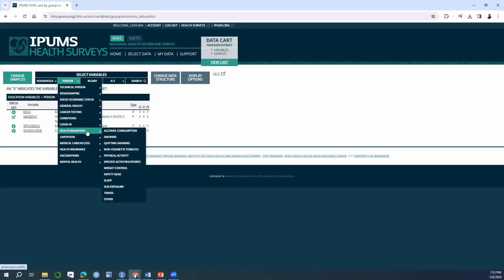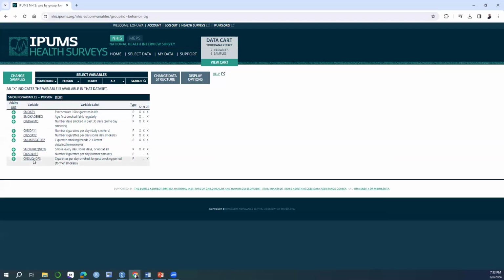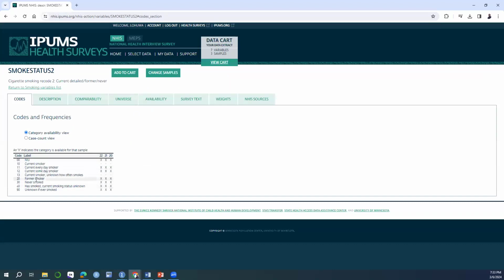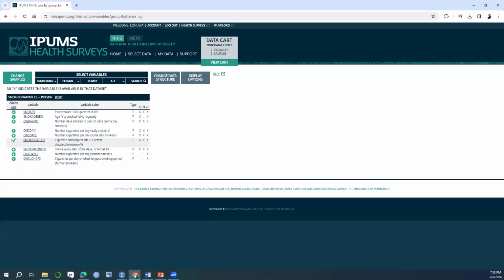there are also other health behavior variables you might want to include, let's say, health behavior, smoking. So these are different information on the smoking status. For instance, this particular variable asks about the current status of the individual, whether they are current smokers, never smokers, or former smokers. So let's say I want to include that variable. Okay, so that can go on and on by you selecting the variables. So let's assume you've been able to select the number of years. So now I have 3 years, I have 8 variables. So then, how do I actually